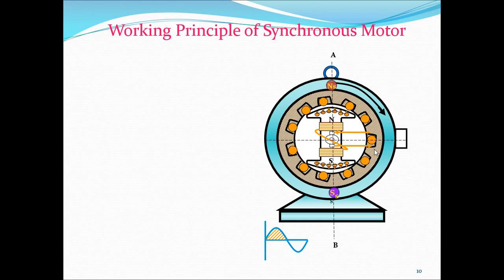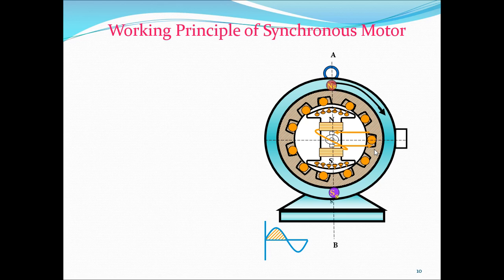So that's why the synchronous motor either runs at synchronous speed or it will stop. As the motor is running at synchronous speed, this motor is called a synchronous motor, and it is not a self-starting motor. So why? Because as the rotor poles are rotating, at every half cycle the stator and the rotor poles repel each other. So it is not going to start initially.